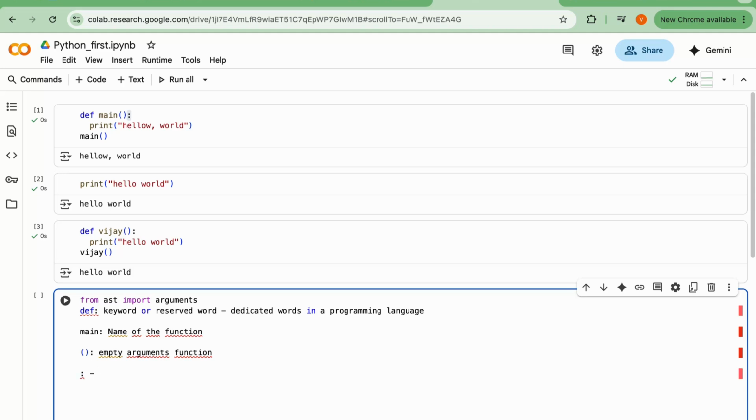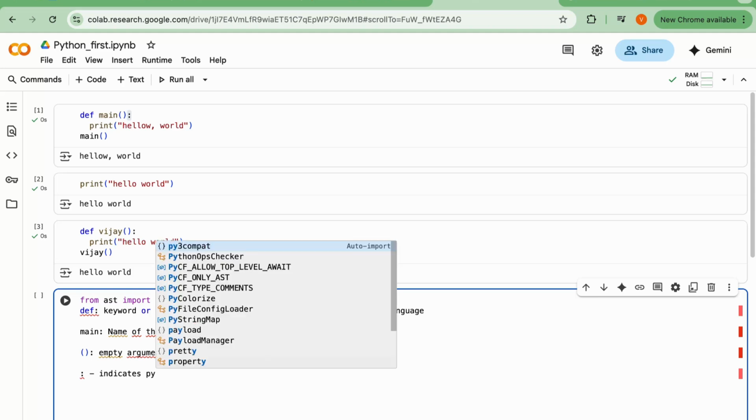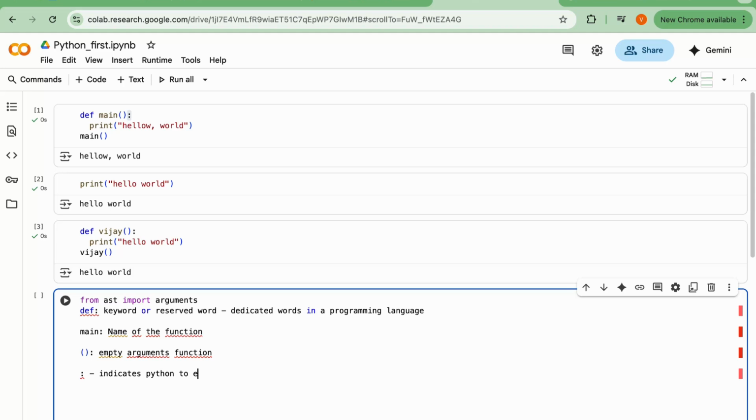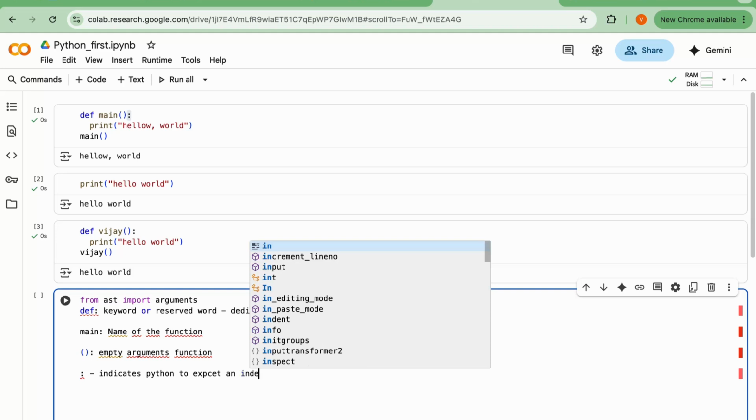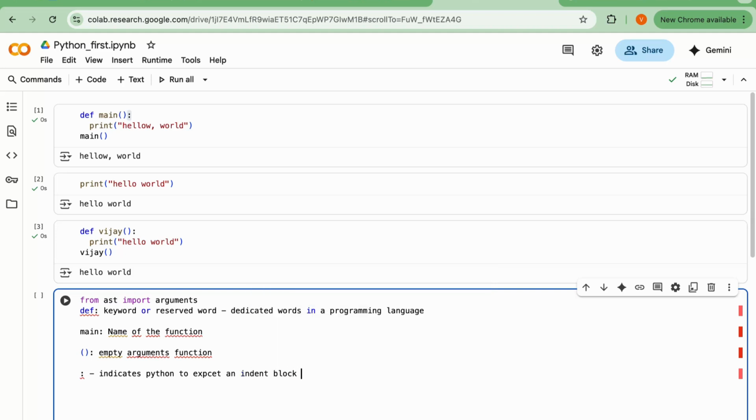This basically indicates indentation, the proper indentation, number of spaces. Indented block means